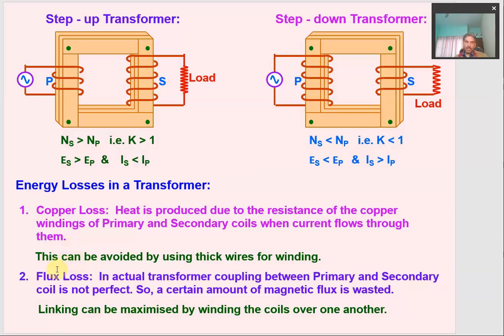The second way in which energy can be lost is the flux loss. If the primary and secondary coils are not coupled well together, then there will be some loss of the magnetic flux. Whenever magnetic flux is not completely linked with the secondary coil, energy will be wasted and the EMF induced will not be exactly as fed in the input circuit. This is what we call the flux loss, and it can be minimized by winding the coils one over the other, as we have discussed in case of the coupling constant.